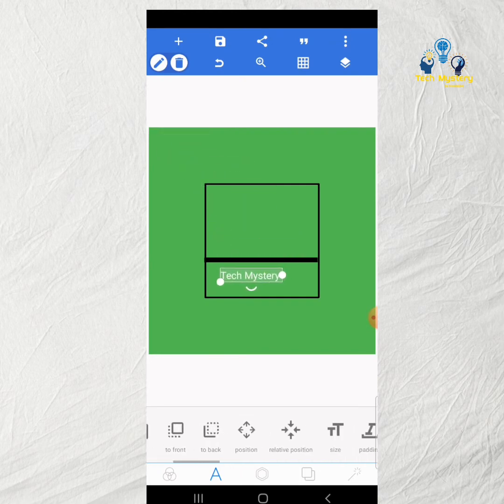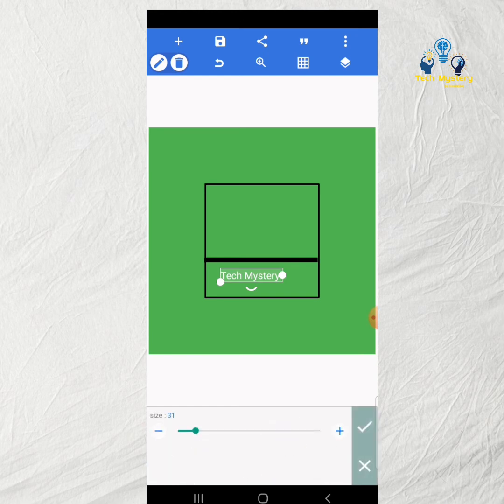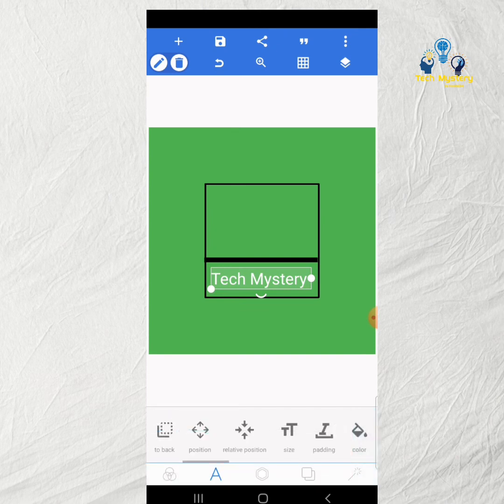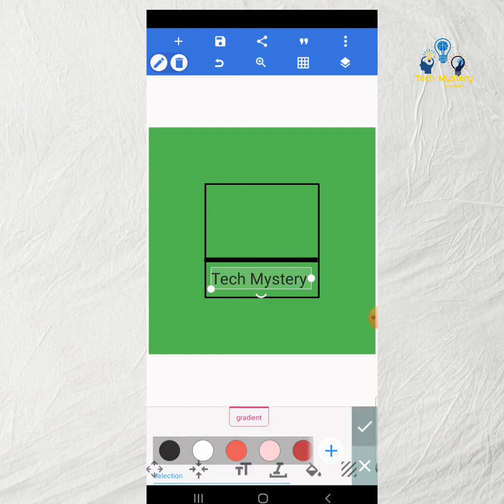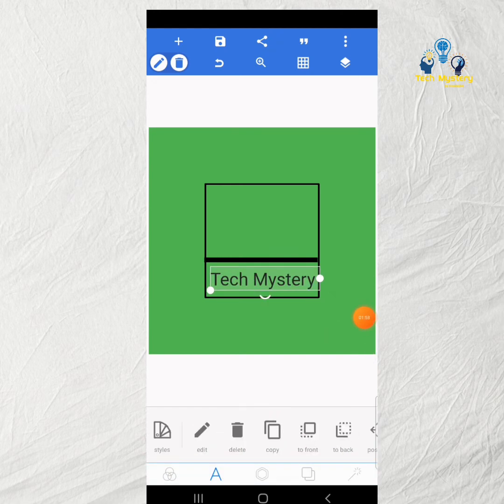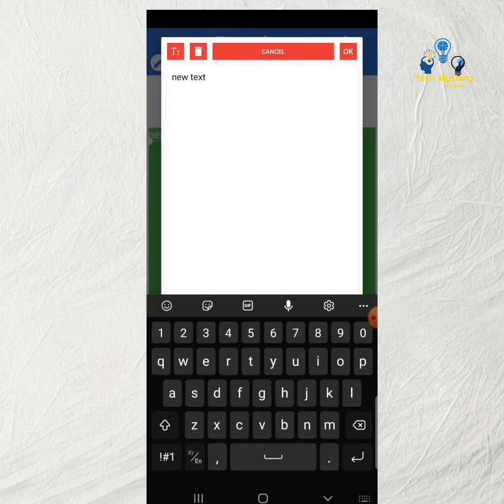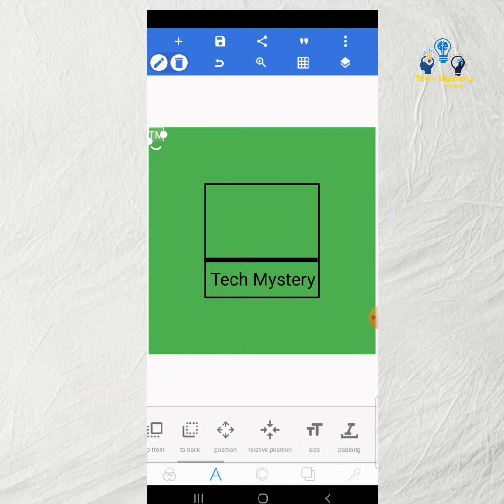And after that, here is a size option. Click on a size option and choose the size. After that, you can color your text. After that, finishing your color of the text, click on a text option and now on edit option and choose the title. I will write TM and click on that, and I will change the size of my text and